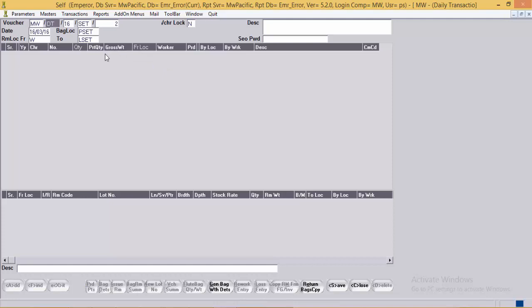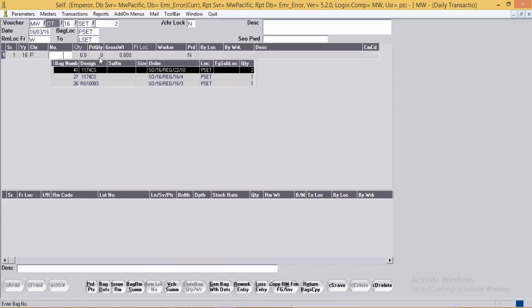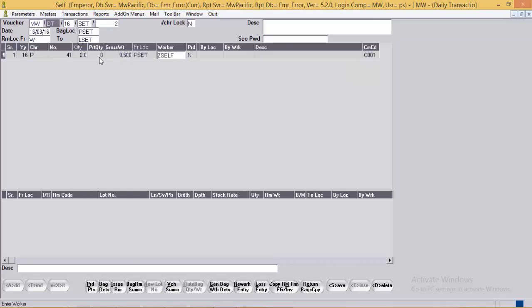In that case, we need to manually set those diamonds in the bags, or there may be a case of breakage or missing on the bags, so we'll record those entries over here. For example, now we need to record for breakage and missing. So again, we'll give this to a worker.